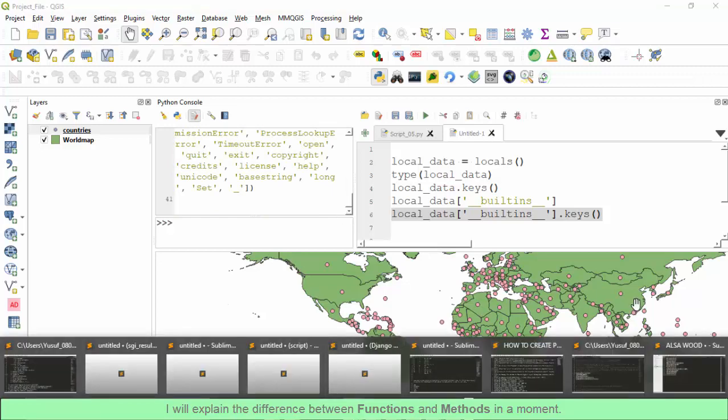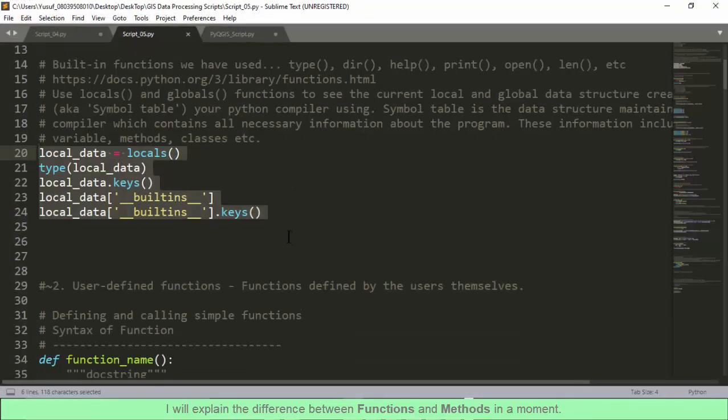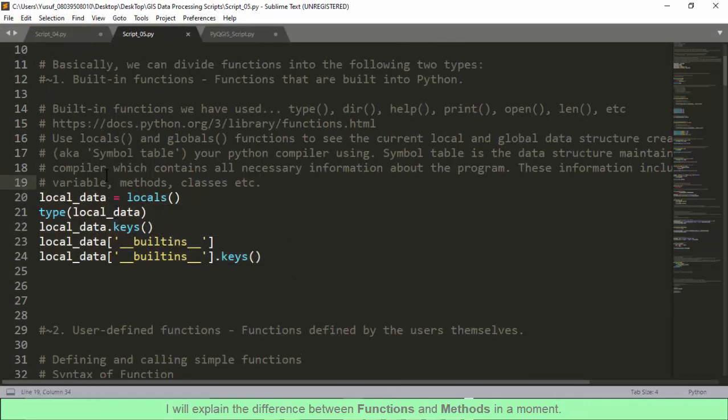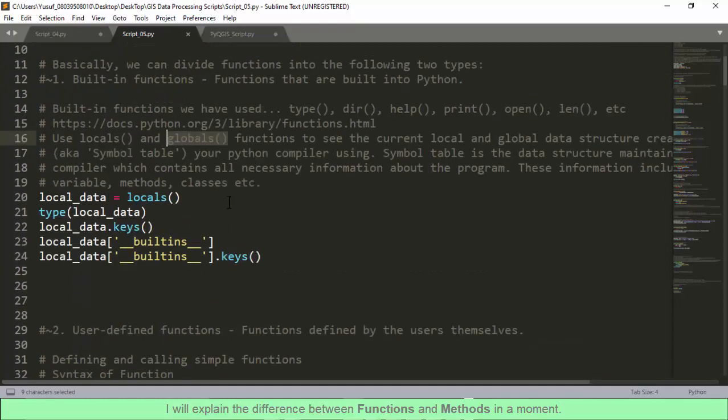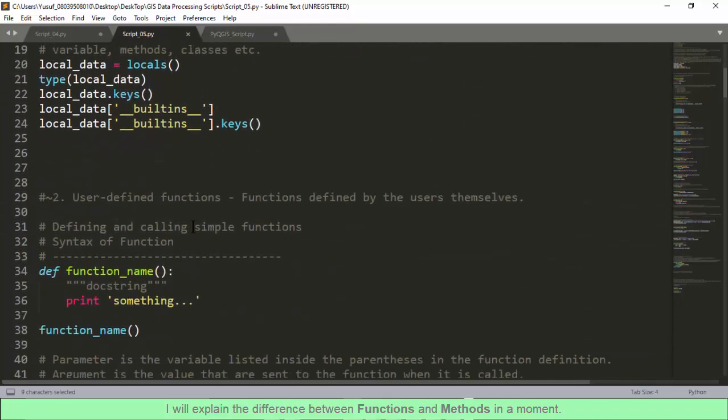So let's go back to the notes. So just feel free to play around with the locals. You can also do the same thing for the globals. So the locals are for the locally defined data structure or the symbol tables, while the globals are for the globally defined symbol tables. So that is that about built-in functions. So we have been working with them before now. So now the focus of this video episode is actually on